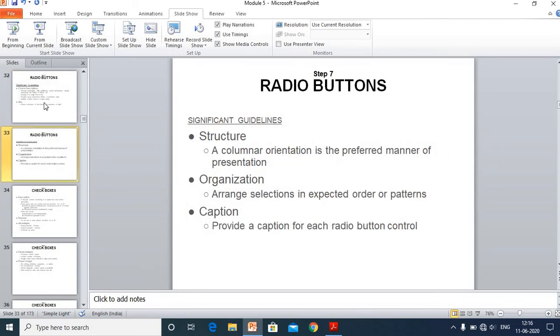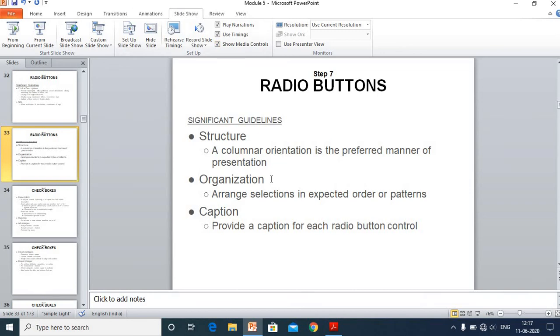Then we have some more guidelines with respect to the structure of radio buttons. As we know, we have 2 types of orientation: columnar orientation and row orientation. Row means like this, and column means like this. Here you can see play narrations, use timings and all. This is called columnar orientation. So while designing the structure for radio buttons, we should use columnar orientation.